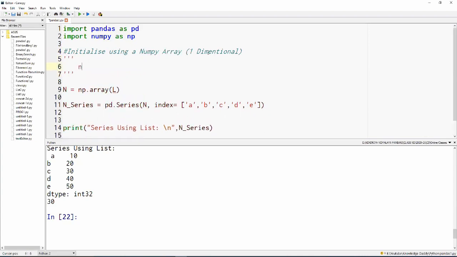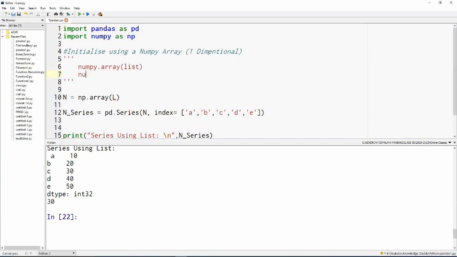One is numpy dot array, as we saw, and we used a list, right? Then second is numpy dot arange, and then we can provide a low value, a high value, and if required a step value, to provide a numpy array with elements starting from low, ending at high minus 1, with steps as provided by the step value, right?